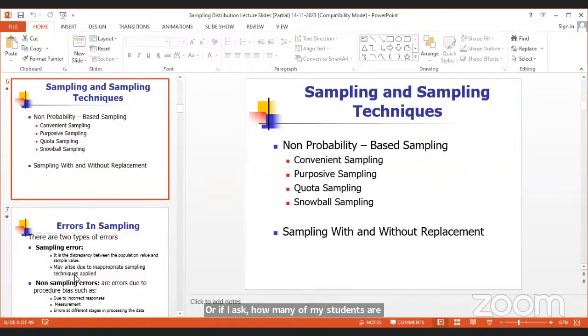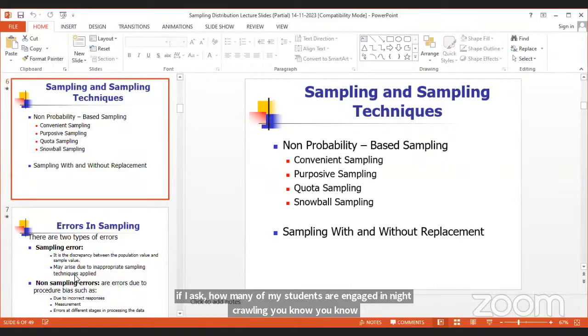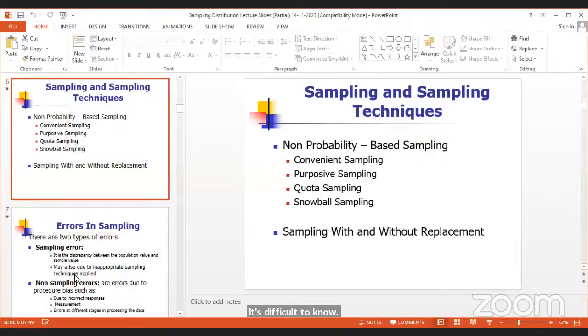It's difficult to know. I may also ask, how many students are into skit production and so on? It's difficult to know because there's no list anywhere. Okay, so I can use the principle of birds of the same feather flock together. That means I can use the unit to generate. So once I get one, and that one is well, I give that person a lot of incentive, I assure